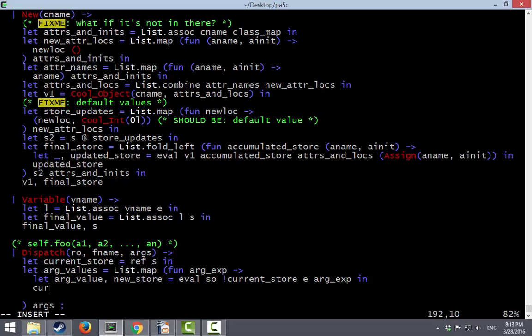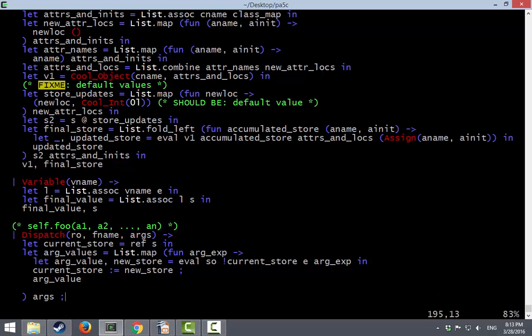This is the argument expression. We set the current store to be this new store, and we return the argument value. So now our current store corresponds to,